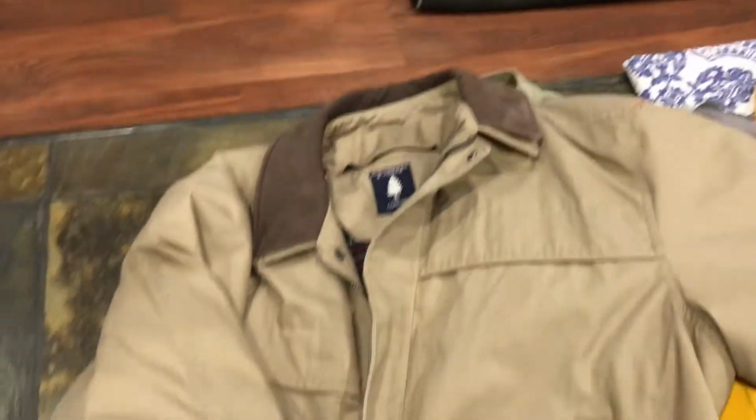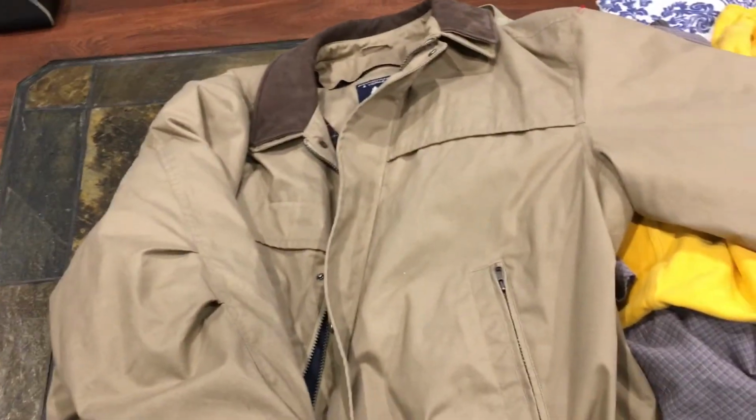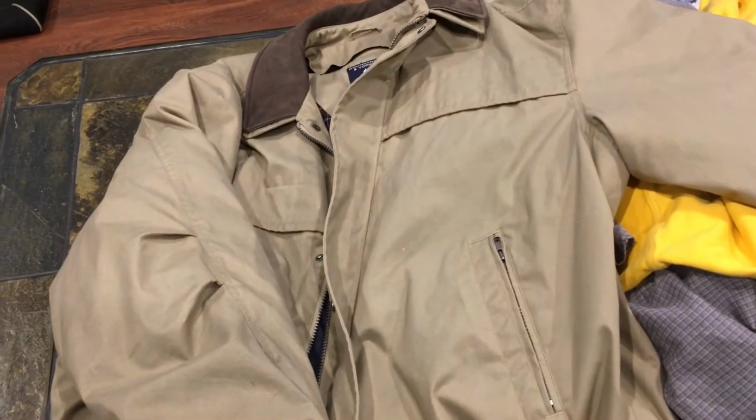But because we're in Florida, they are clearancing out all of the winter items. So I got this jacket for $5.99, which is an awesome, awesome deal. It has the zip-in liner. It has multiple inside pockets, outside pockets,